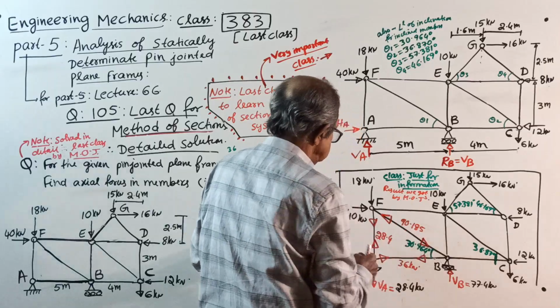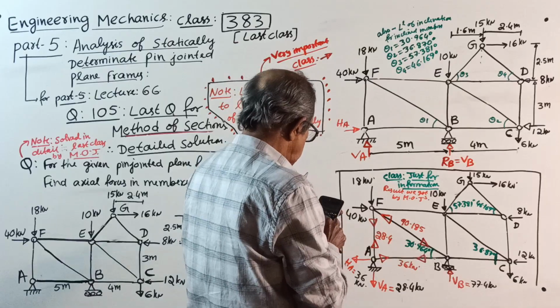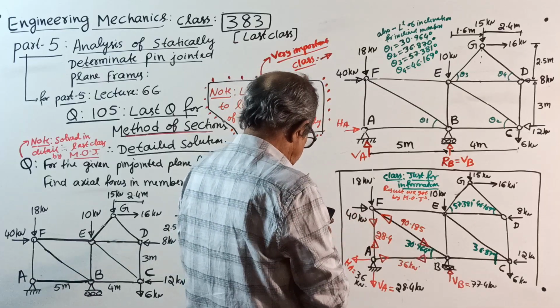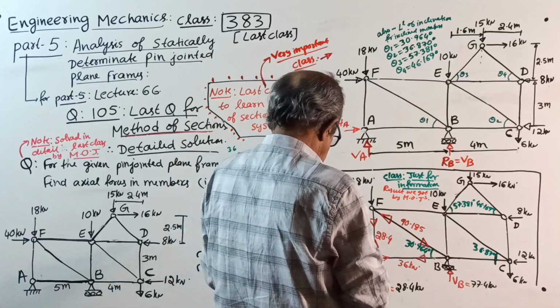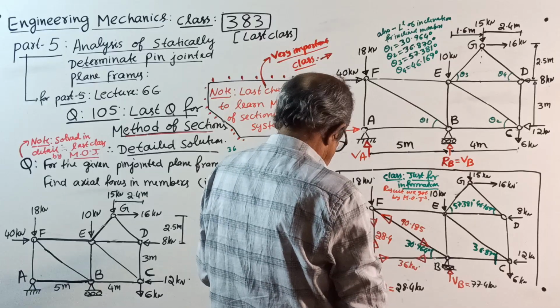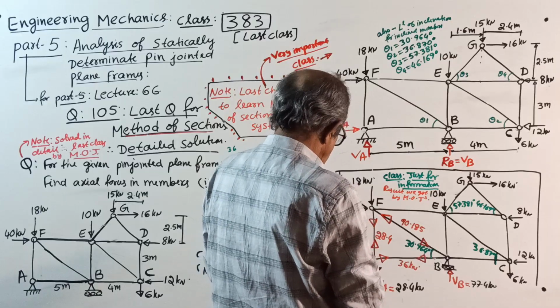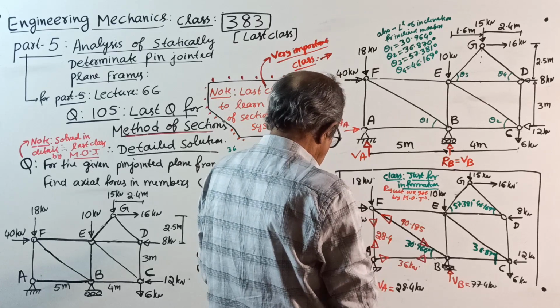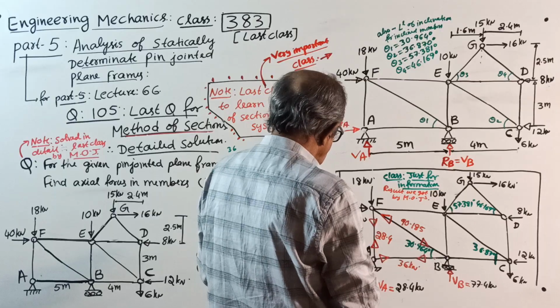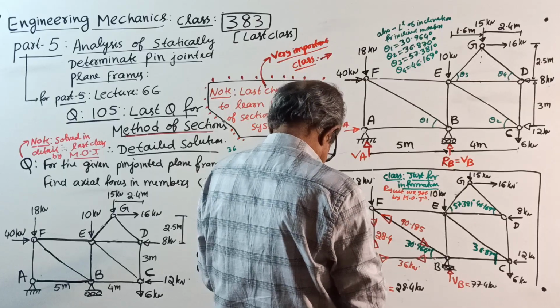90.185 kilonewton into cos of what angle? 30.964, this way, subtract 40, I will get what? 90.185 into cos of 30.964 minus 40 is